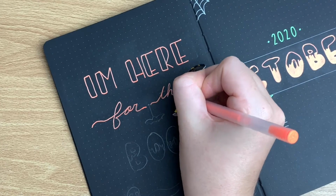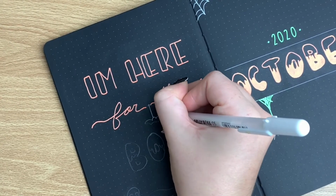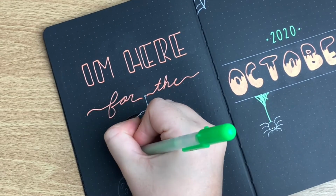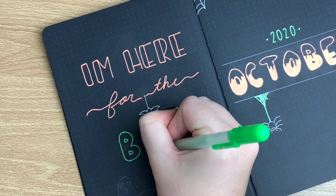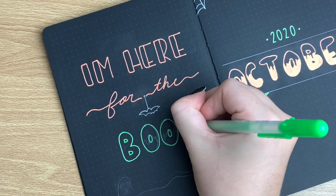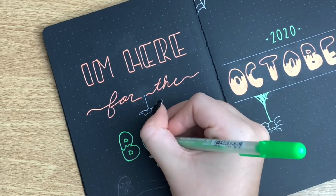And then I'm over here on my other page starting a little quote, and the quote I'm doing is, "I'm here for the booze," because, you know, I just thought that was really funny and a pun. I love puns. Does anyone else love puns? But it's very Halloween, very funny, and I just love it. Anyways,